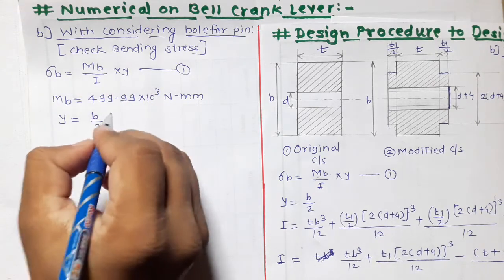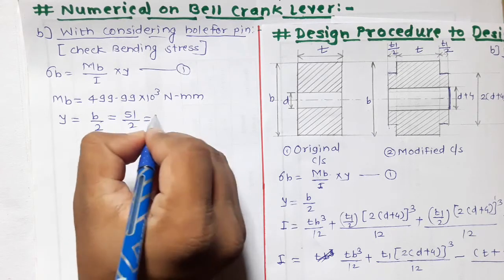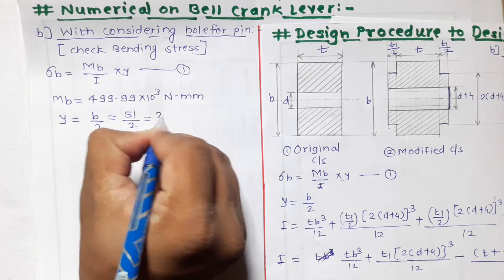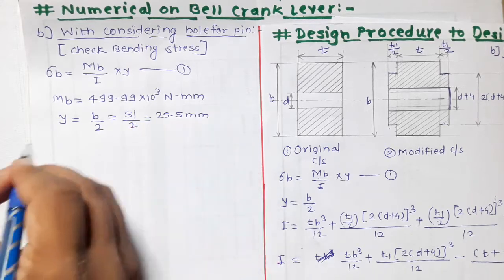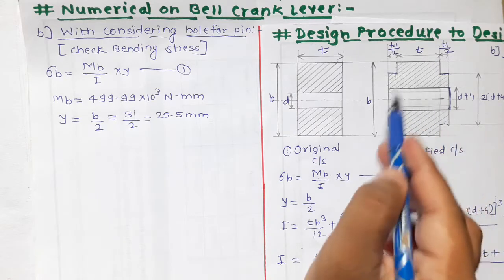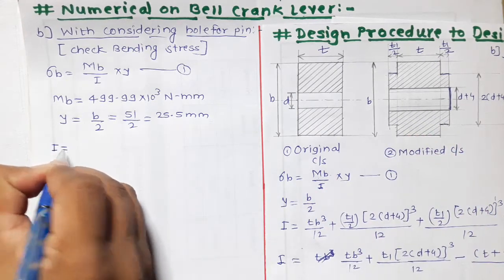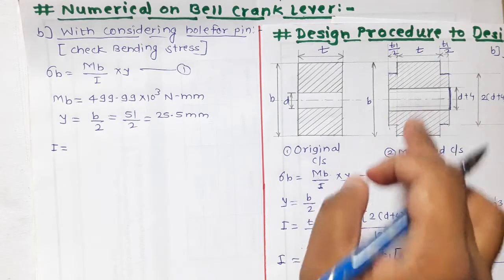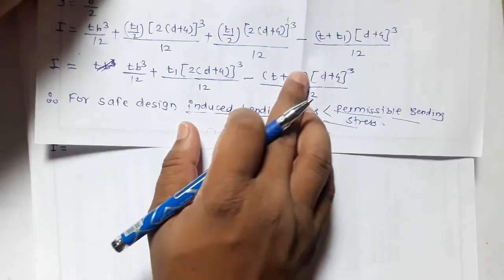In sub step number 1 we have calculated the value of b as 51, so 51 upon 2 is 25.5 mm. Okay, so now let us find out the moment of inertia for this modified cross section of lever arm, and the equation to find out this moment of inertia we have derived in this step, and this formula is